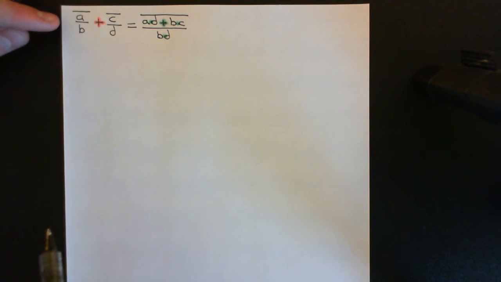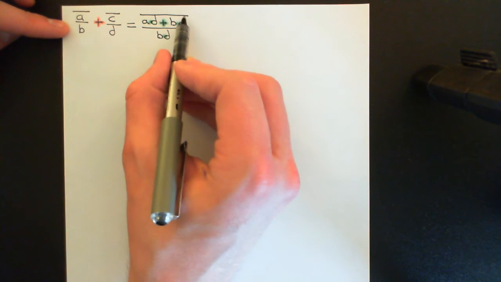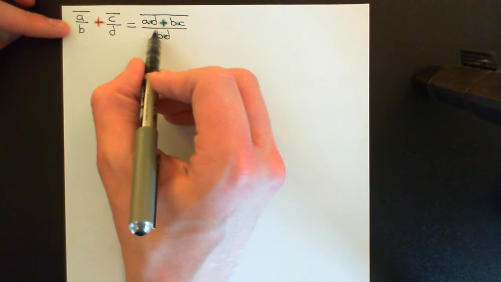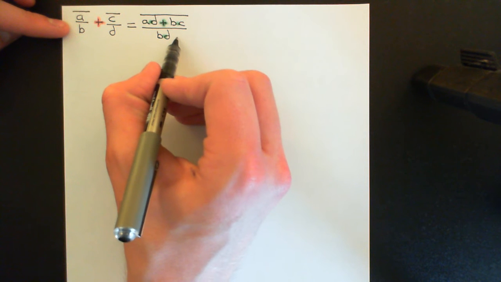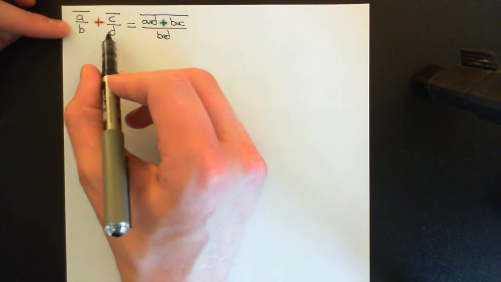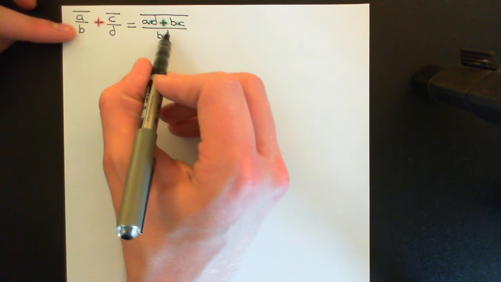Okay, now this is going to be a fraction is the first thing that I should say. Okay, and the reason it's always going to be a fraction is that what we will end up with on the top is always going to be an element of our initial domain, capital D, and what we end up with in the bottom is always going to be an element of our domain, capital D, and it's never going to be 0. And the reason it will never be 0 is because b and d were never going to be 0, because remember, you never have 0 in the denominator, and in an integral domain, when you multiply two non-zero elements together, you'll get another non-zero element. Okay, so that's why we can be sure that you will get a fraction in this way,